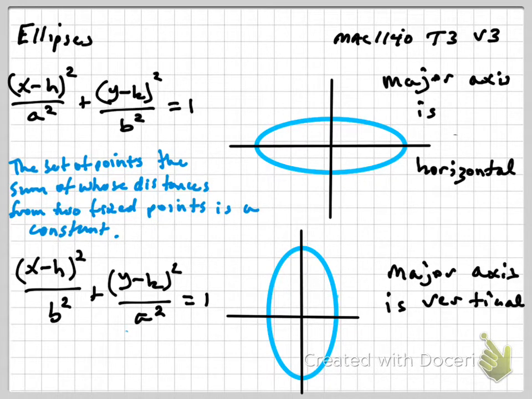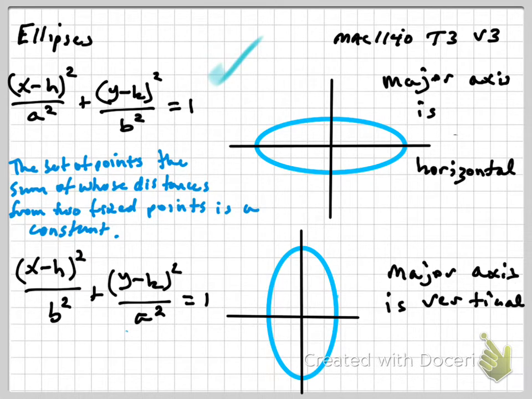Okay, let's go on to ellipses. They're going to be at an angle to the axis, and it's going to go through both sides, and you're going to form this ellipse. It's a set of points, the sum of whose distances from two fixed points is a constant. So I discovered I can draw decent ellipses using one of the tools on this iPad, so you get decent pictures. But anyway, the one that you see at the first one, this one right here,